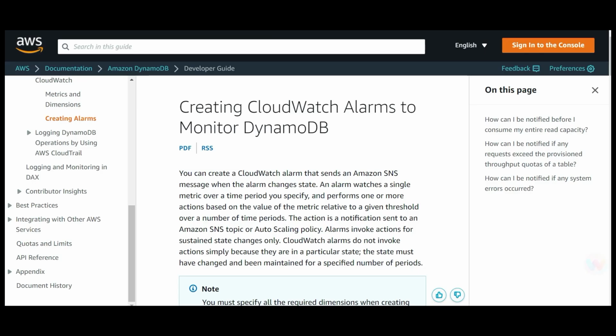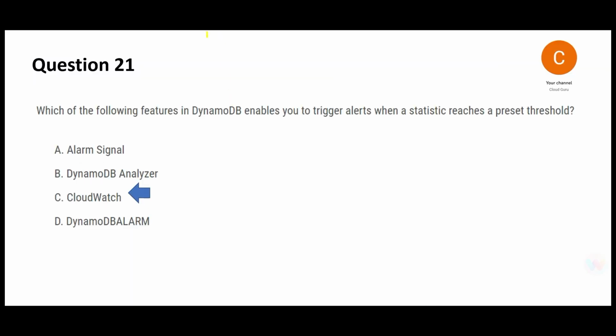I could not find anything such like DynamoDB alarms. See, any feature in AWS, whether it be DynamoDB, RDS, etc., we can use CloudWatch alarms. We integrate it with CloudWatch. If you already have CloudWatch available, why will AWS duplicate the CloudWatch functionality and put something in the database? It will not. Thumb rule: if you want to monitor the metrics of anything, use CloudWatch. So this is my answer.